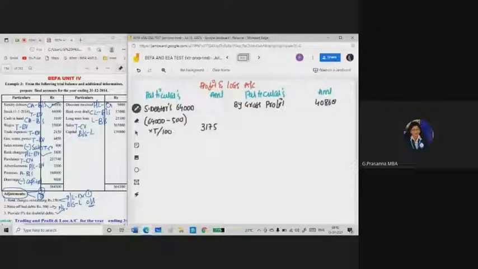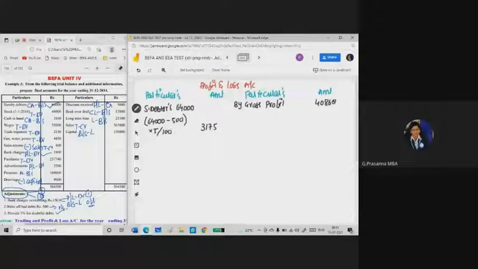So he's saying debtors amount is 64,000 and he has given write off bad debts rupees 500. So from this 64,000 we need to deduct 500 rupees as bad debts. So on the remaining amount you need to calculate 5% for doubtful debts. So this amount 3,175 is the 5% for doubtful debts.